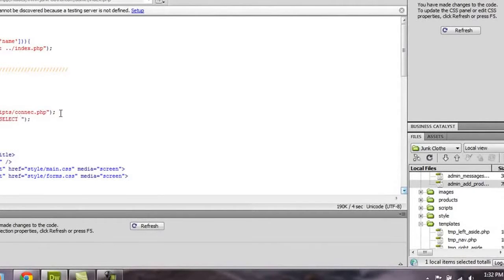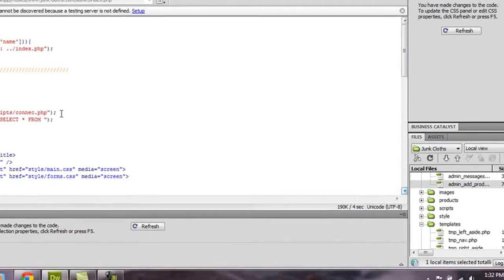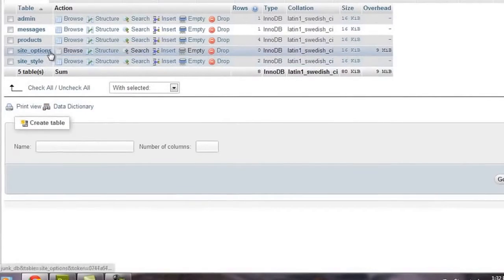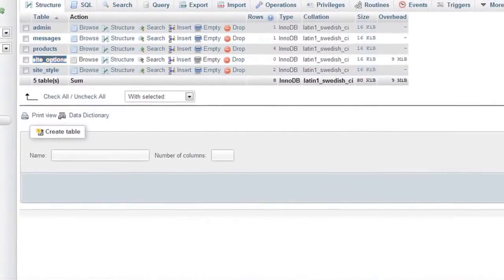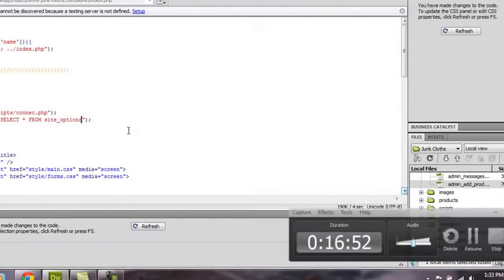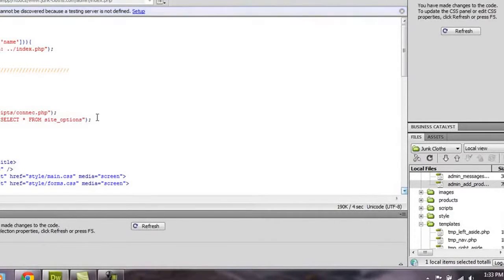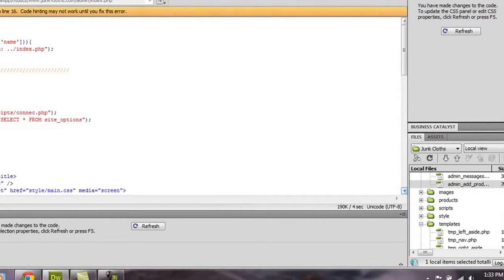SQL is gonna be equal to MySQL query. Select all from site options. Oh yeah, Control C. Now we select all right here. So while, while row equals to MySQL fetch array, going to take us from our SQL, then means that